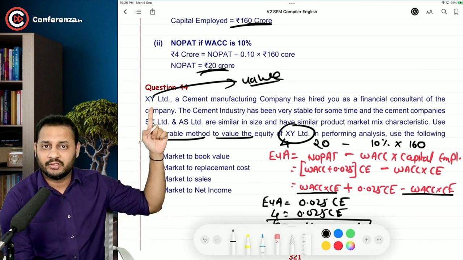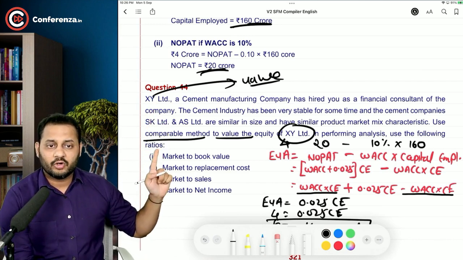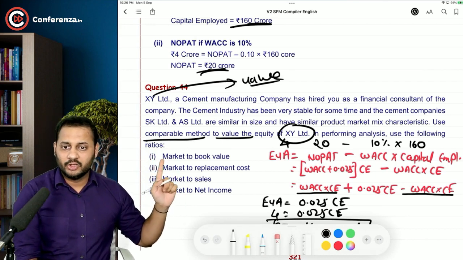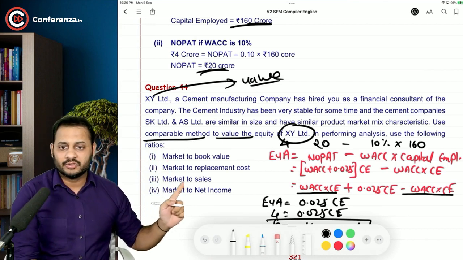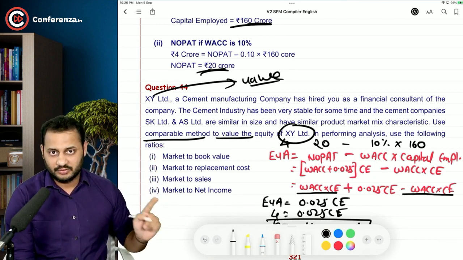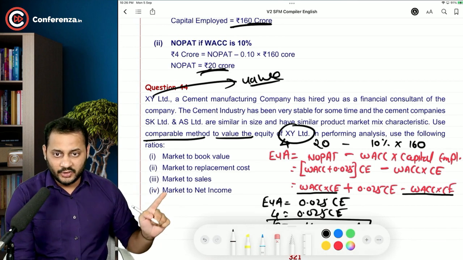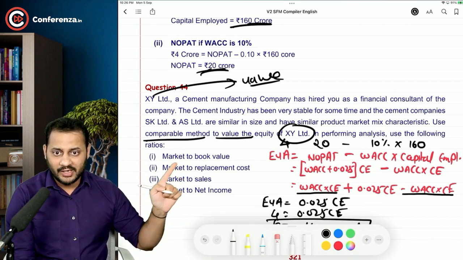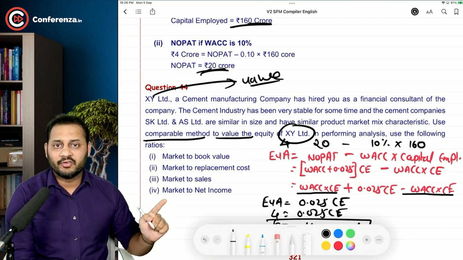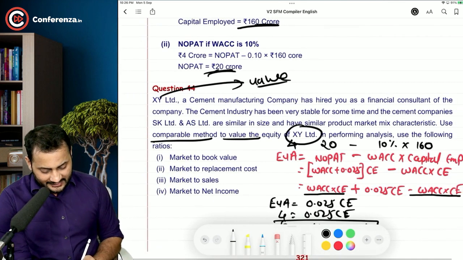We are going to calculate the value of this corporate. In performing analysis, use the following ratios: market to book value, market to replacement cost, market to sales, and market to net income. We have to calculate these ratios. Understand? Market value divided by the book value, replacement value, sales, and net income. So we will have 4 different ratios for SK Limited